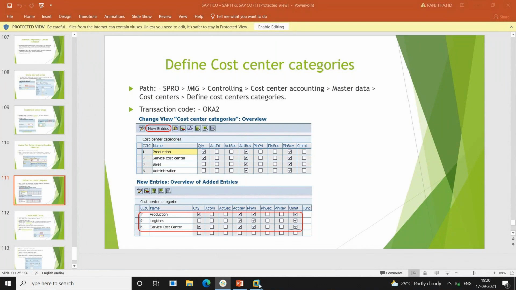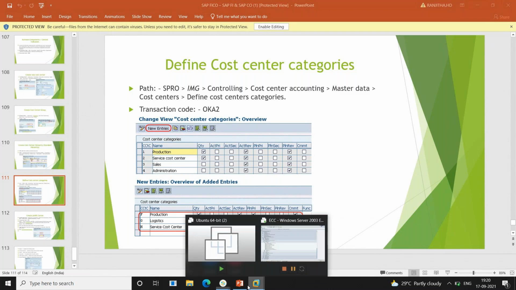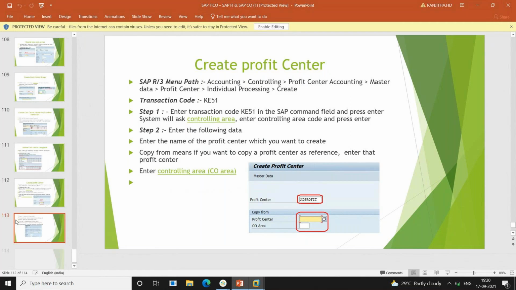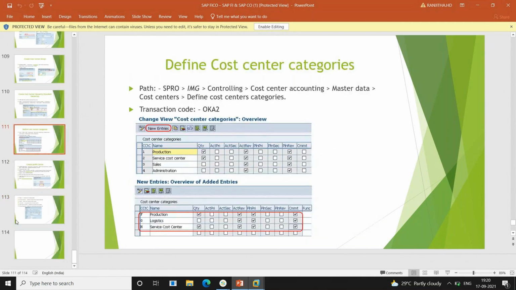Okay. So this creation I'll teach tomorrow. We have cost center, profit center. Monday, maybe on Monday we will have classes as usual, how we were taking before, or else we'll see how it will be. Okay. So again we will meet on Monday.